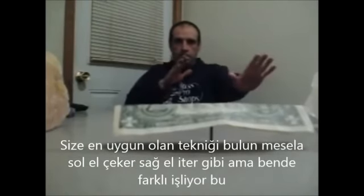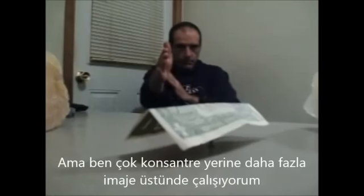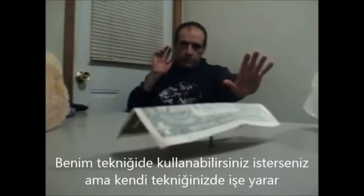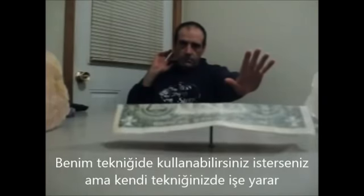I'm a little bit dyslexic, so I have to really use a lot of visualization and not concentrate too much, because when I see it start turning left, I start thinking right, and vice versa, so it gets a little bit confusing. So I've associated some push and pull gestures. You're welcome to use these if you want, but just like I said, use whatever works for you, and practice,